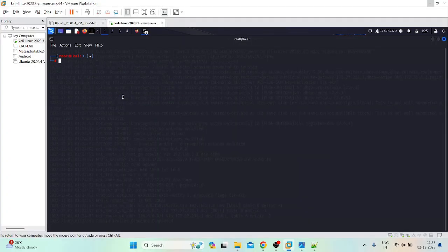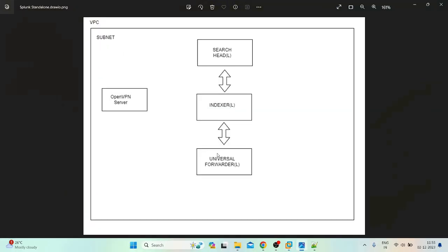So guys, now our OpenVPN server setup is completed, and we have also configured it in order to successfully log into our network. Now our next part is we need to deploy three instances: one search head, one indexer, and one universal forwarder. Then we'll see how we can forward logs from the universal forwarder to the search head, with the help of the configuration file. So everything we'll be doing in this particular session will be completely through the help of